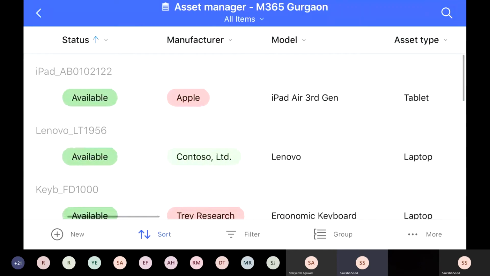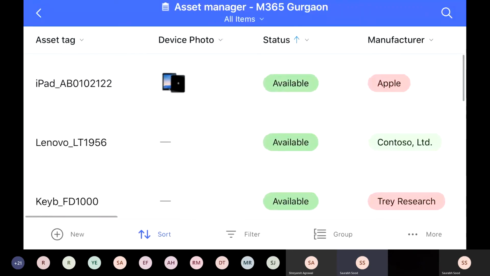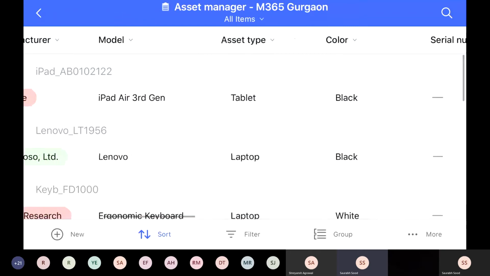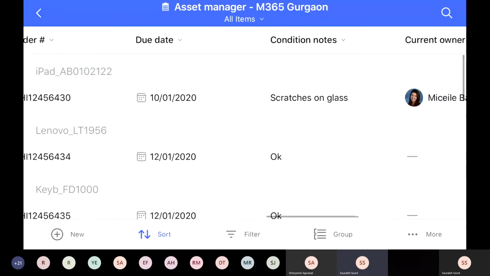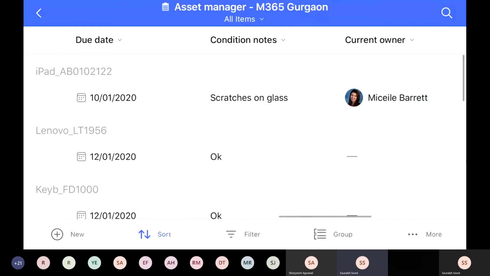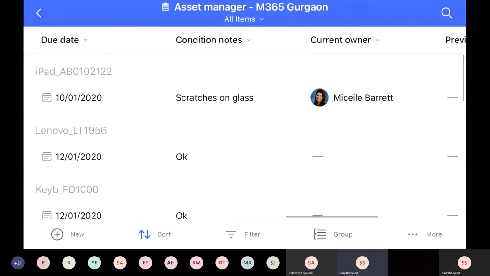And as you scroll, you'll see that the context of this particular item is very smartly kept, because we are not hiding the first column. So you can actually use this first column to your advantage and make sure that as you scroll from left to right, no matter how many columns you have, you still have the context in place. And the same context is there in portrait.